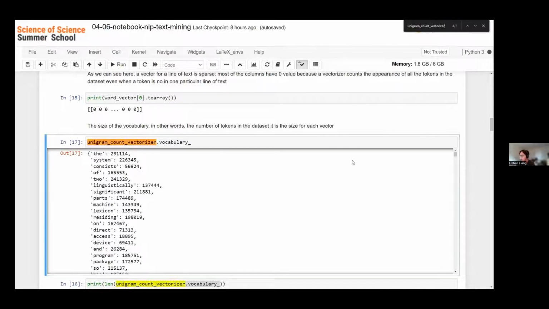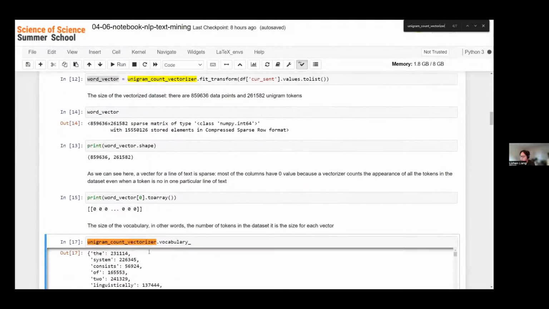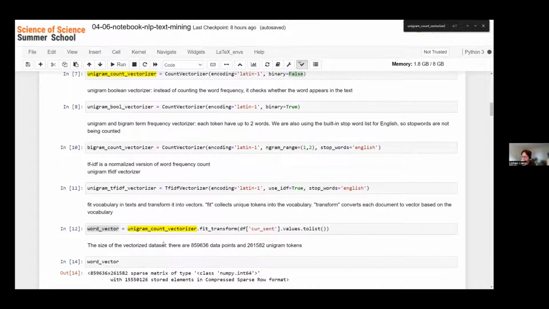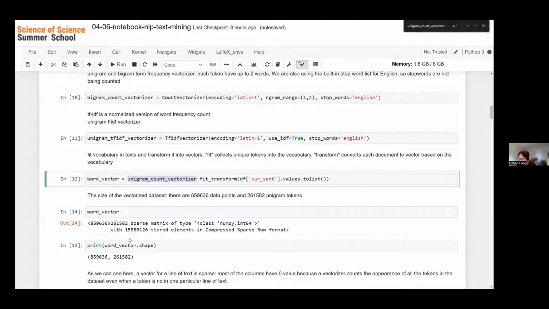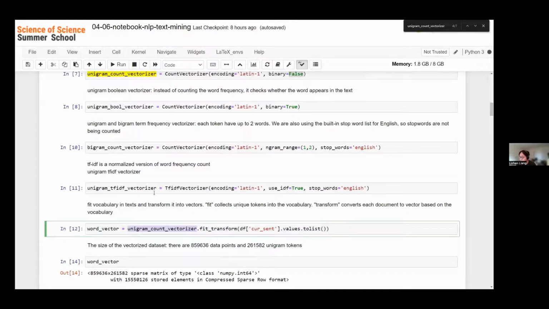In the output of 17? Yes, so in that vectorizer, I didn't remove the stop words. They are different vectorizers. I put them as an example. But feel free to try them out, like replacing these vectorizers with other vectorizers and trying out the classification first. So in these vectorizers, it's not removing the stop words, but we can also try that.